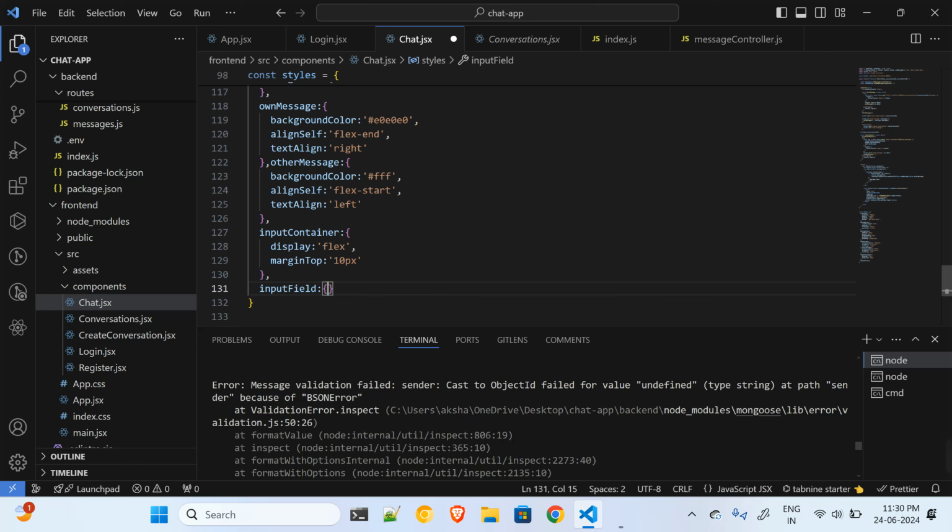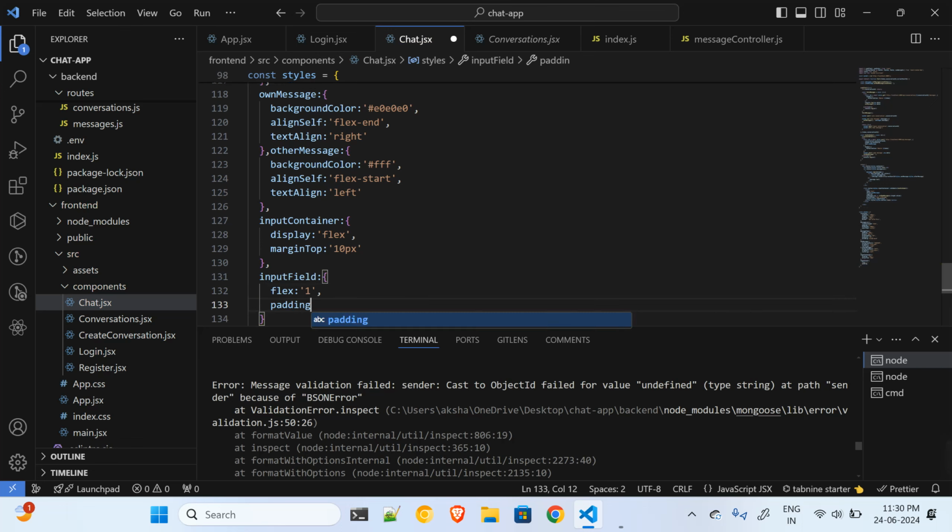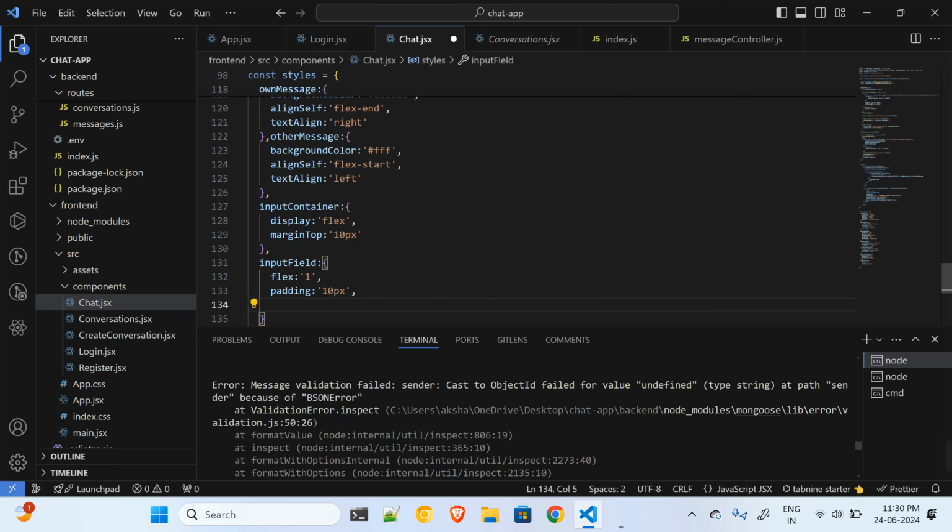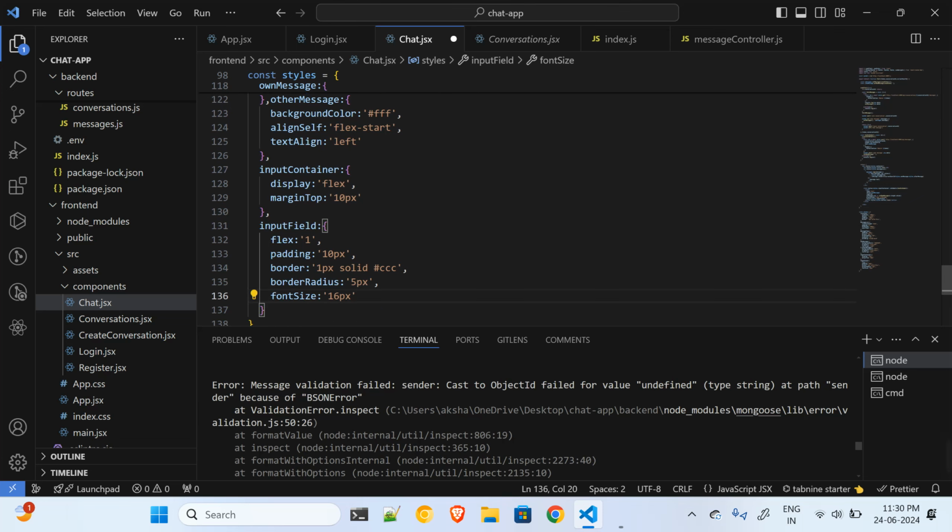Then I have the input field, and for the input field I will give the flex as 1, and I have the padding. I'll give the padding as 10 pixels, and border as this, border radius as 5 pixels 0 0, and again 5 pixels,